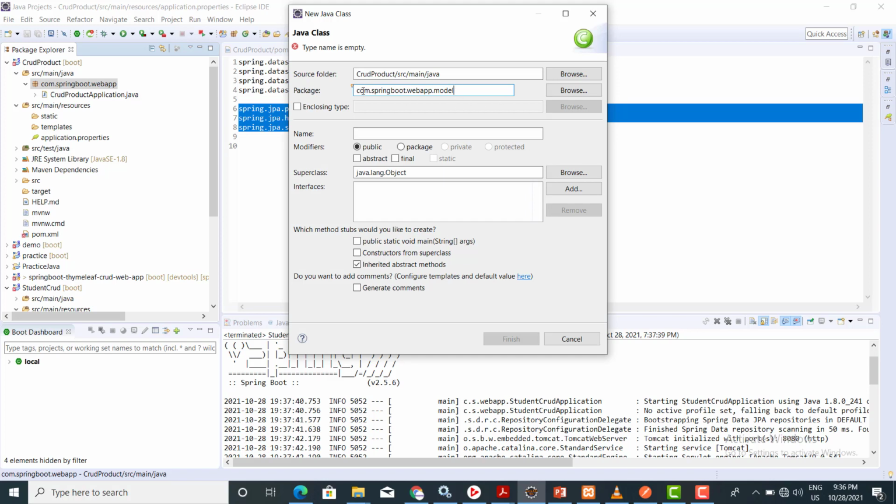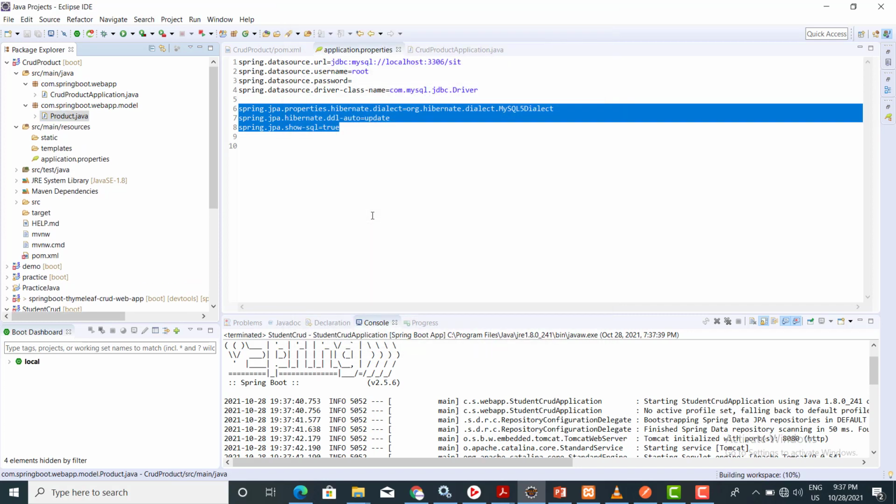The package name is com.springboot.webapp.model, and I am creating a class as a product. So the class name or model name is product, which is mapped with a database table product. So click on finish.